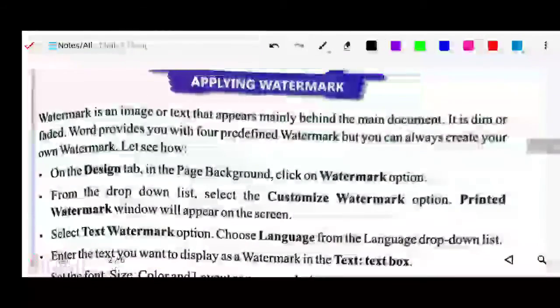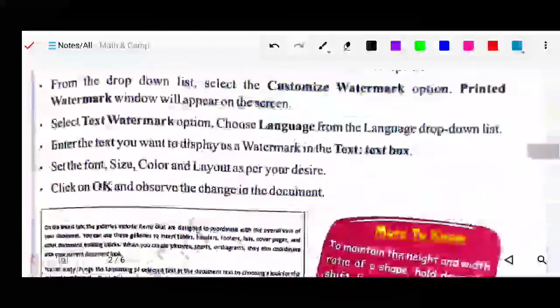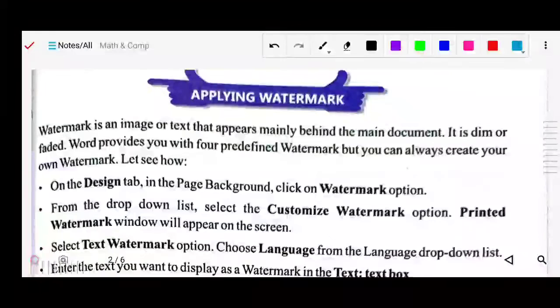Watermark means, you have seen it, behind your page there is some blurry or faded image or letters, so that is your watermark. A watermark is an image or text that appears mainly behind the main document, dim or faded.